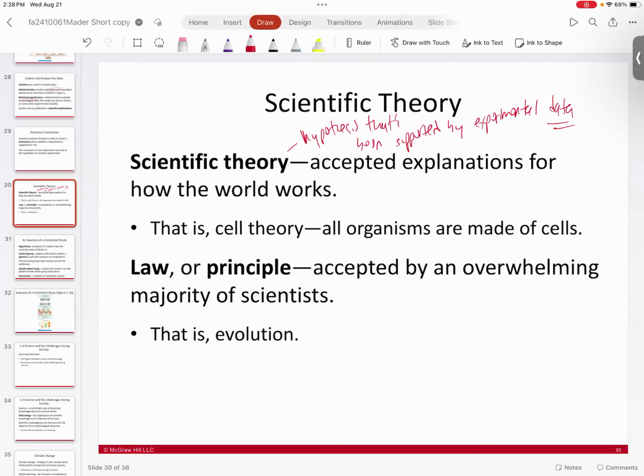And there's a whole range of scientific theories. There's some that are a little weaker that we're still doing a lot of work on. We still have to generate a lot more data in order to get those to solidify. We don't really feel too confident in those. And then there's other theories that we're pretty good about, right? So we feel pretty good about those. Things like the atomic theory, for instance, the idea of atoms and things like that. So we feel pretty confident about those, even though